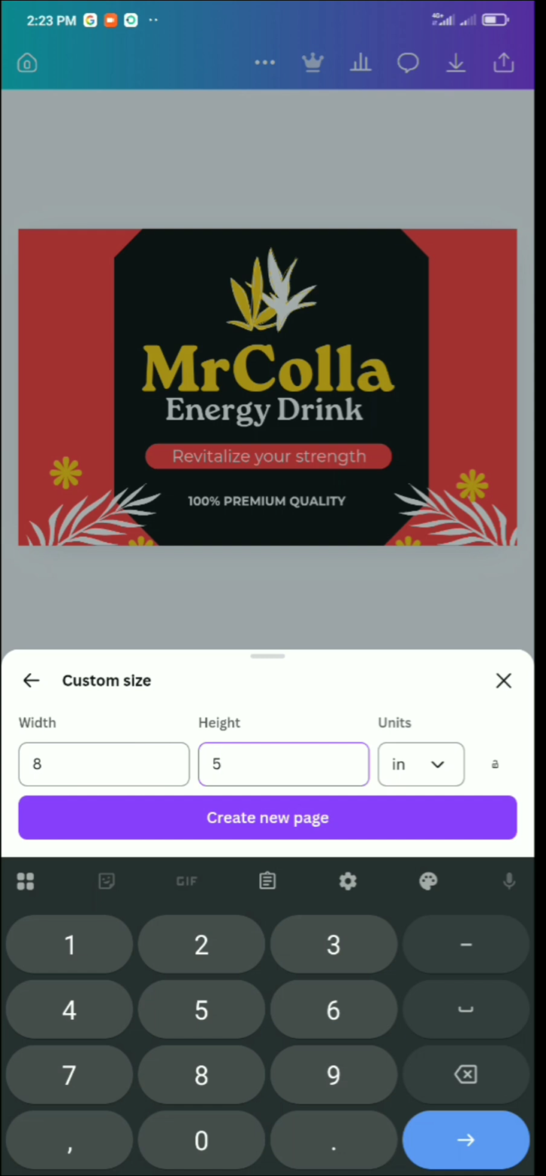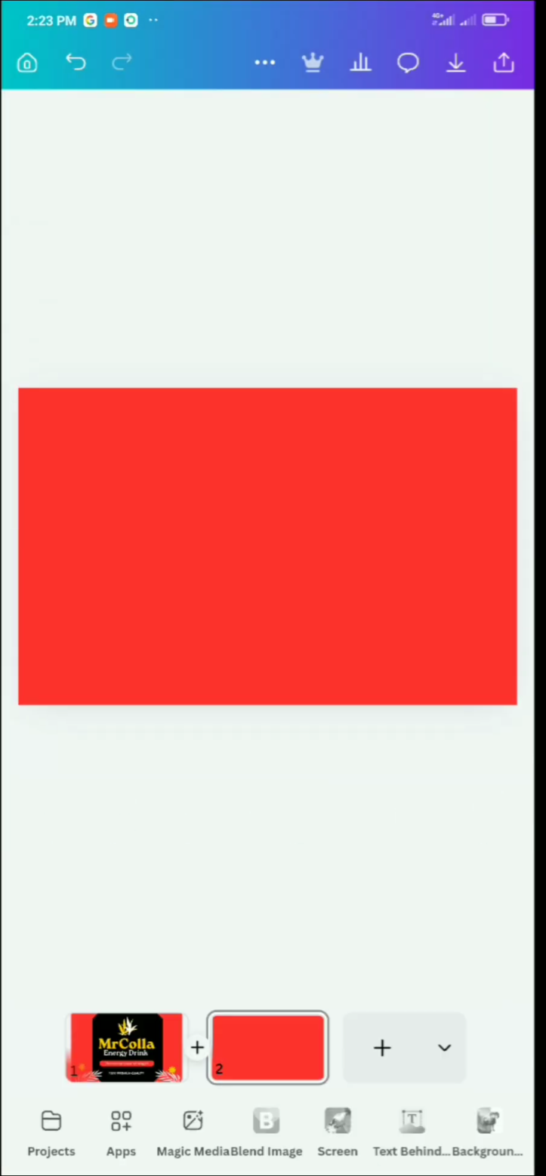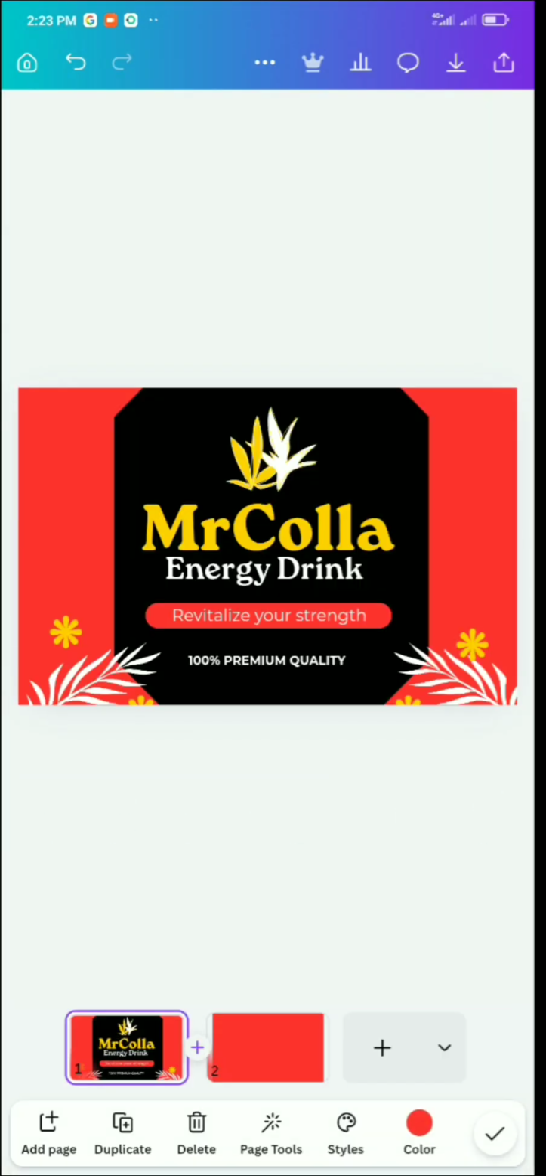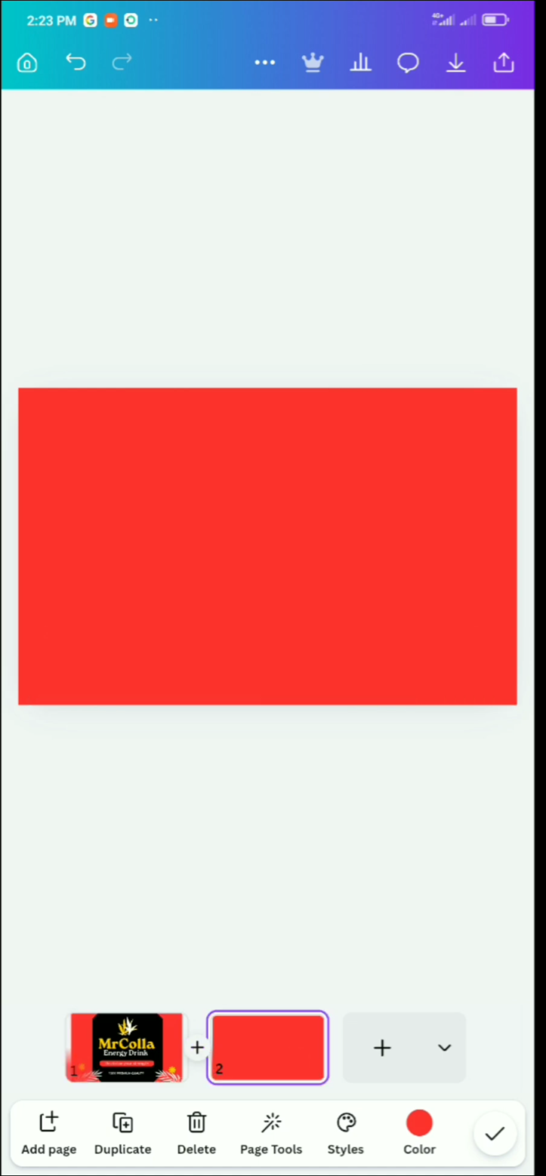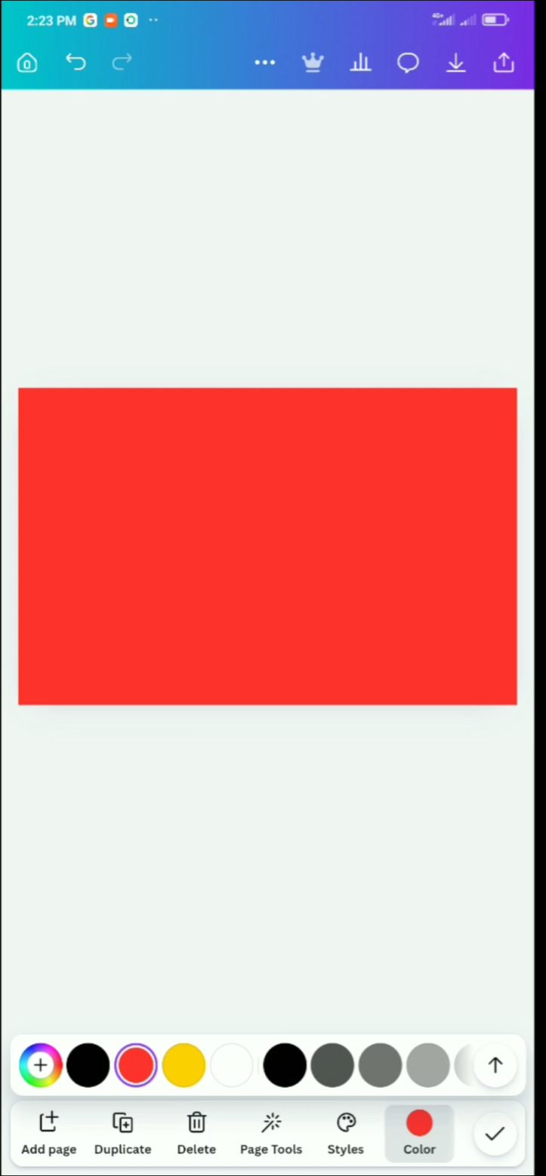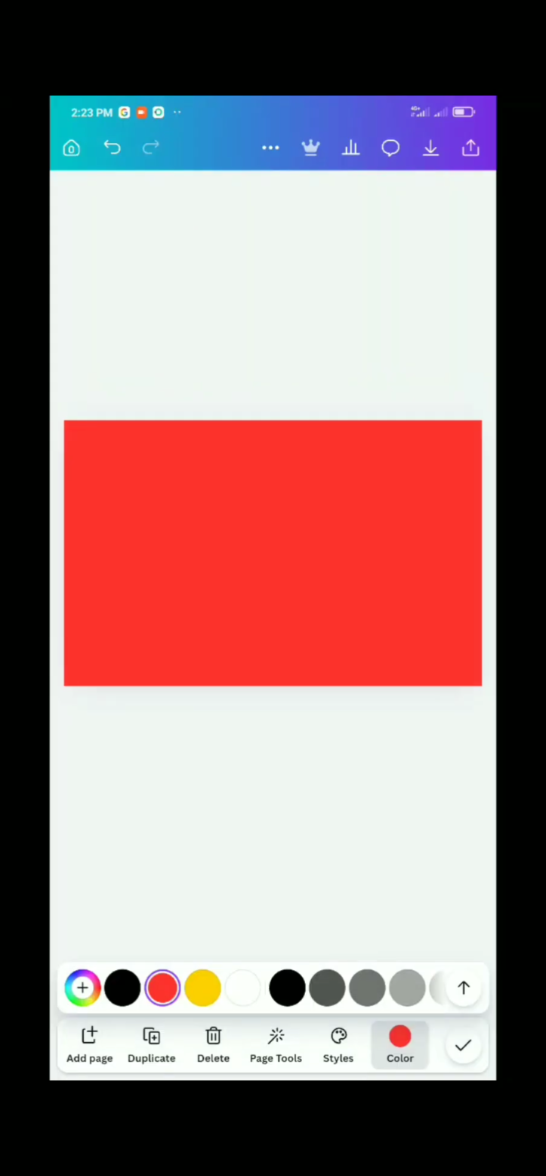All right, so once you do that, then you do what? You create a new page. So you create a new page, guys. Once you create a new page, the color we picked here for the background was original red. So we clicked on the color, then we applied the red color. All right, so after applying the right color, then